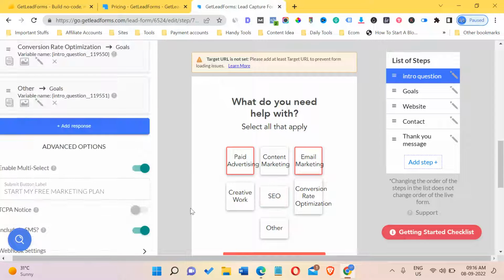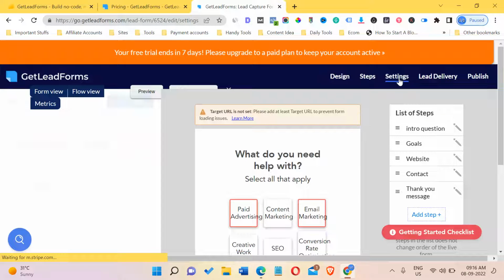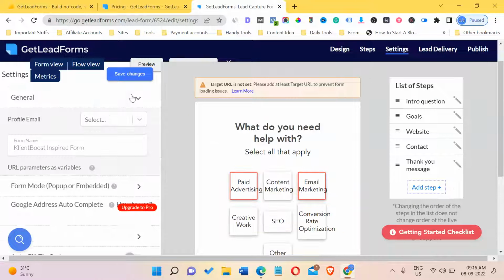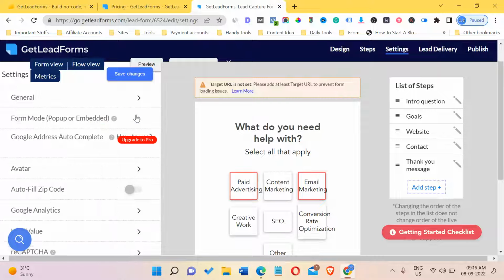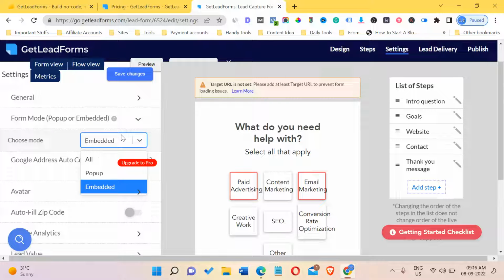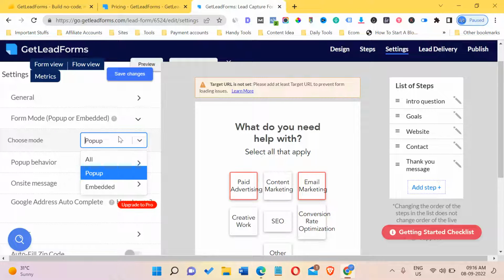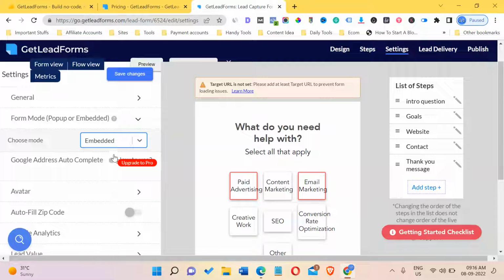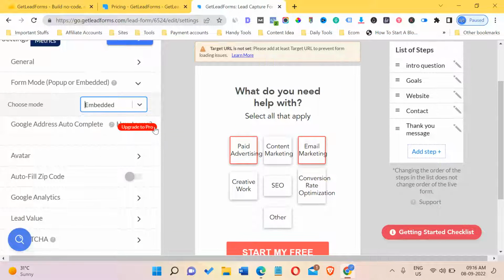Trigger, if you want to embed it so that someone clicks on some button or something like that, and then it triggers, then you can put this option, right? Then you have other options if you want to customize it and all that. So basically it's an amazing software. You can get any kind of